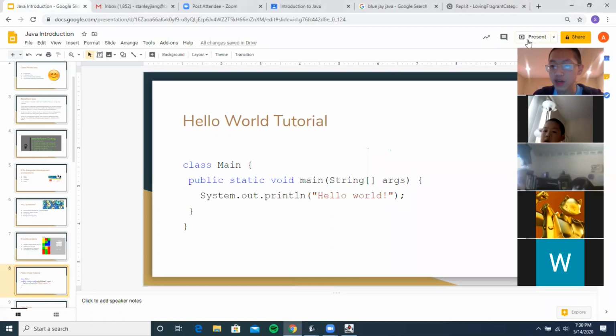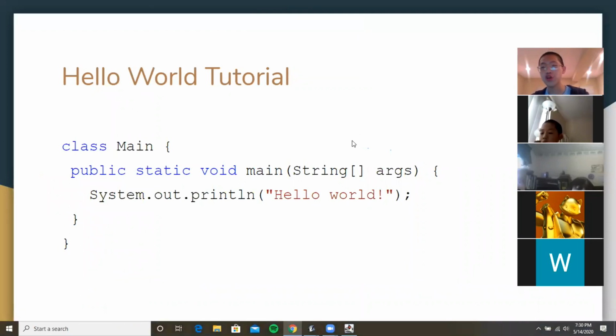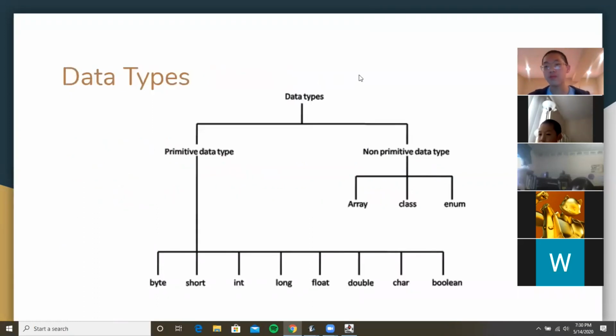So now that we have the Hello World tutorial done, hopefully you guys did it and were able to appreciate your first Java program. So I'll be going over some of the data types. I'll be starting a lecture. We're kind of ahead of schedule now, so some of this is what I planned for next week, but I can start lecturing you guys on some of the basics of how Java programming works.